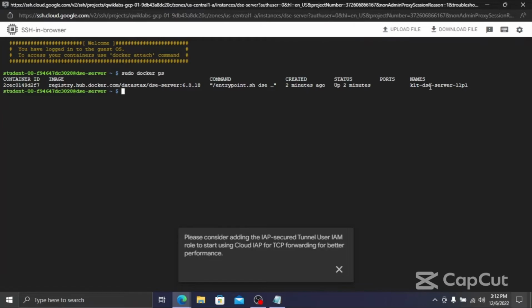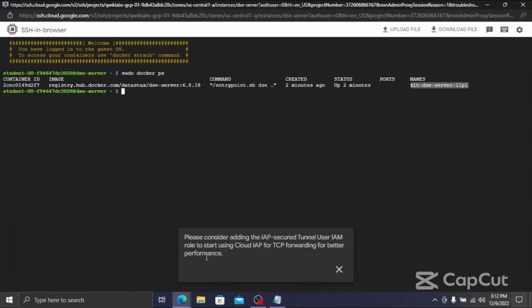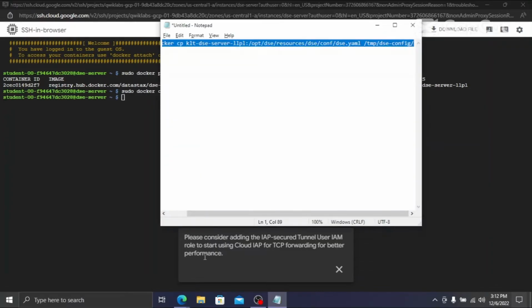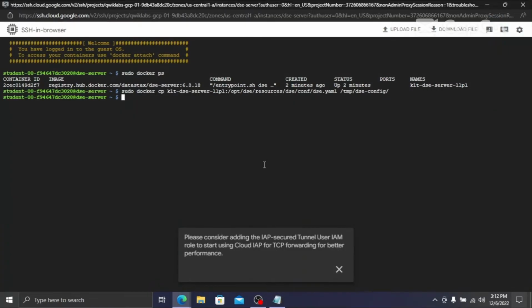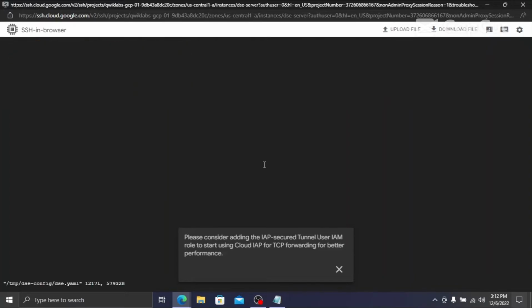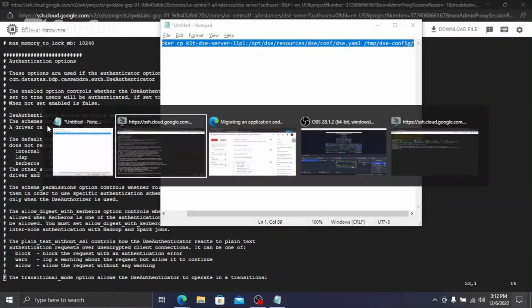expand it a little bit, copy this name, and here replace it for the container name. Now copy this whole code, paste it here and press the enter key. That's it. Okay, now copy this code and paste it here. Okay, so we see that this new file is something like this. Now scroll down. What we have to do, we have to